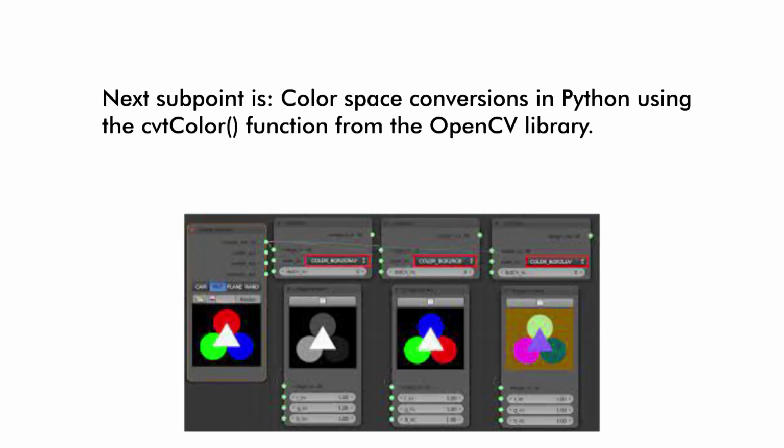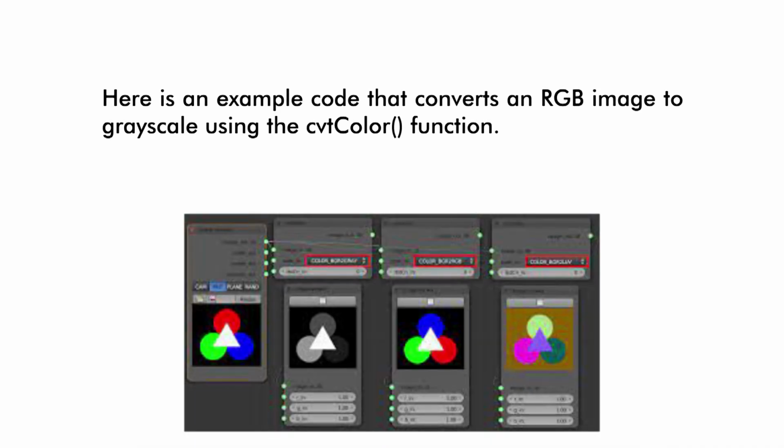Next subpoint is color space conversion in Python using the cvtColor function from the OpenCV library. This is the important function which is going to convert the image. Here is an example code that converts an RGB image to grayscale using the cvtColor function.